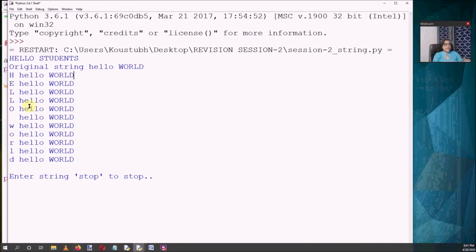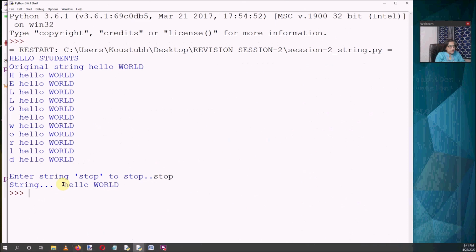Each and every time it is executing, repeating continuously, and after converting, the result is also printing. Now as you can see here, enter stop: only then can you stop the program. If you enter any other string, it will continue with that. If you print stop here, then only you can come out of the program.